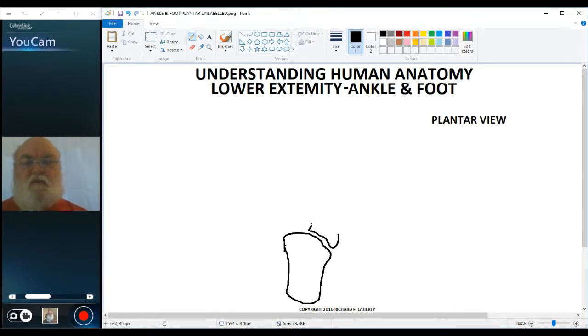the talus, which we only see a little bit of because most of it lies superior to this view. So let me draw in a little bit of talus. And the talus articulates with the navicular. And then we have the cuboid articulating with calcaneus. And then the three cuneiforms